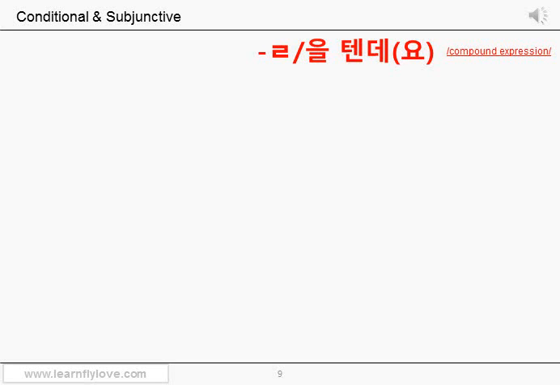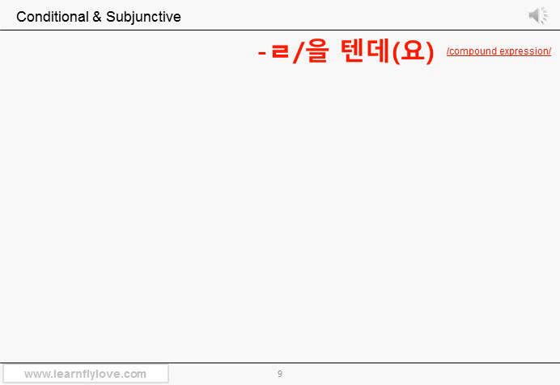You can think this 대 sound is the same 대 sound that the connective ending 는데, 은데 has. Therefore, you can also use this compound expression 을 텐데 in the middle of the sentence as a connective ending. As you know, compound expression and grammar expression indicate the same thing in Korean grammar. Sometimes assistant predicate too. When there are two or more predicates combined together for one grammatical function, we call it compound expression or grammar expression. The predicate which is used in the compound expression, we call it an assistant predicate.